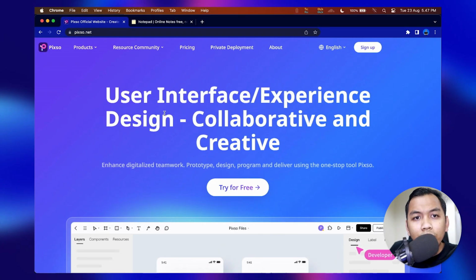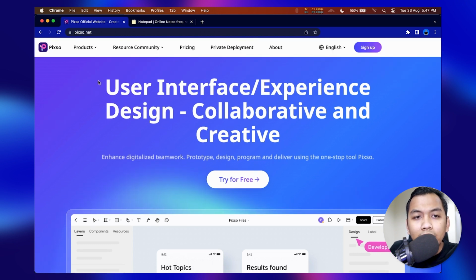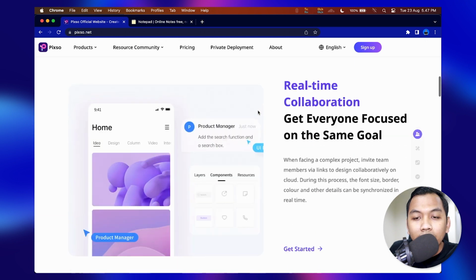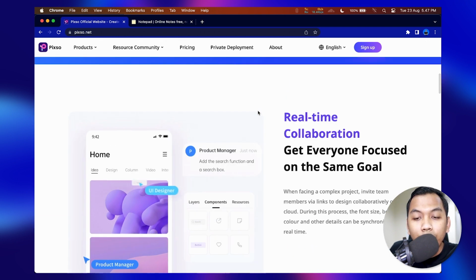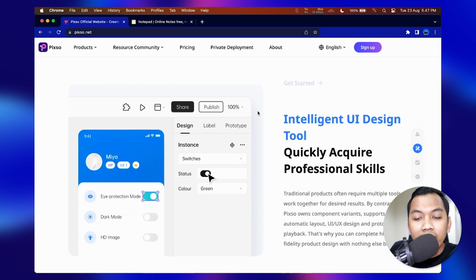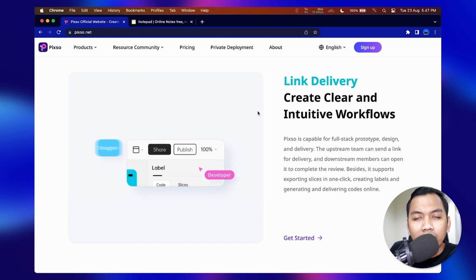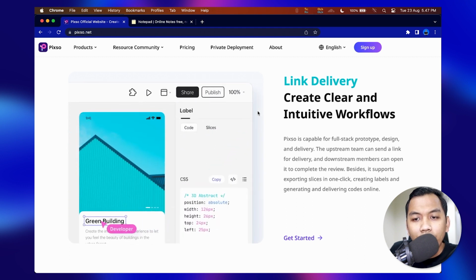Alright, so first things first, you can check the link in the description below to go to pixo.net. And this is the website. As we can see here, user interface or experience design, collaborative and creative. We can also see real-time collaboration, intelligent UI design, and high fidelity prototype, and we can create prototypes using the software.